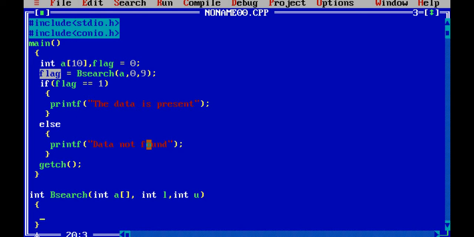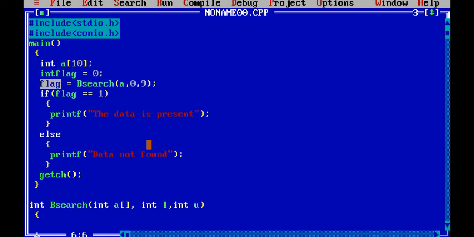The first thing, by the way, one thing I forgot, that I must store some data over here. Since it is for learning purpose, that's why I am doing it in a hard code. Hard code means I will write directly 1, 2, 3, 4, 5,